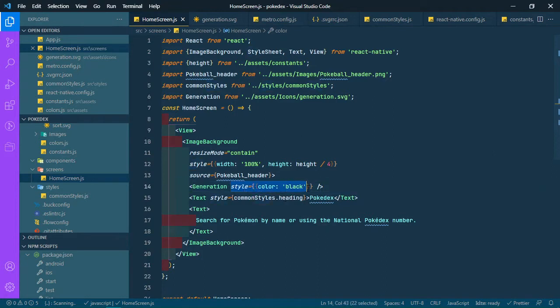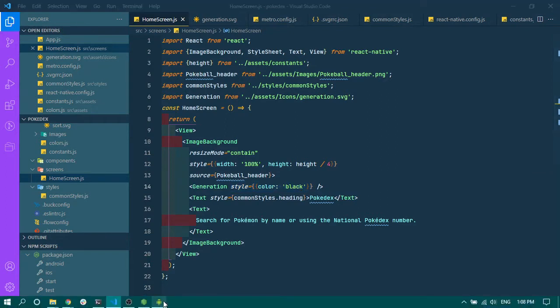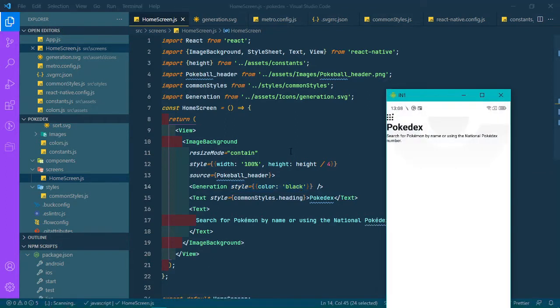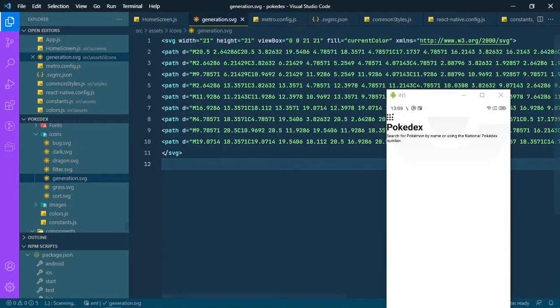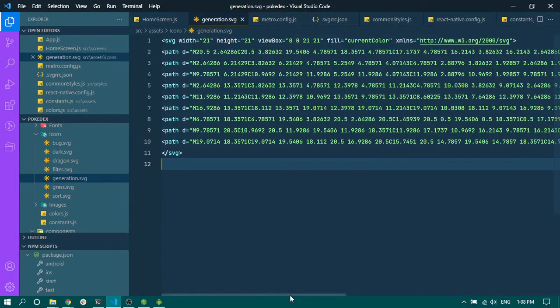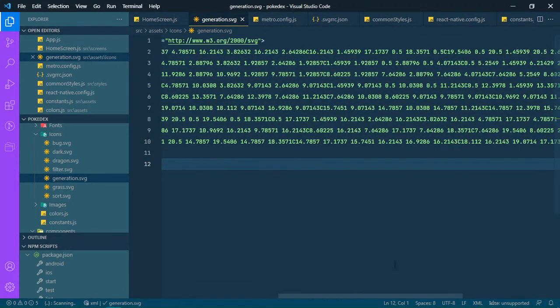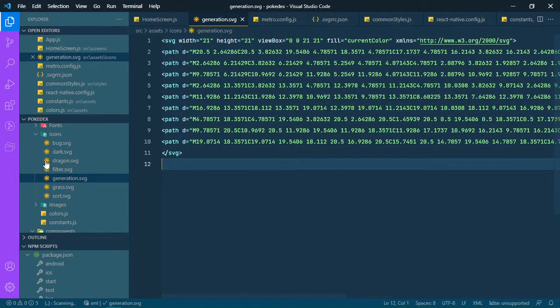Now if I remove this, then the icon is not there. This is looking great now. So what we did here is we go to the icon and replace the color with current color. So we have to do this for every icon